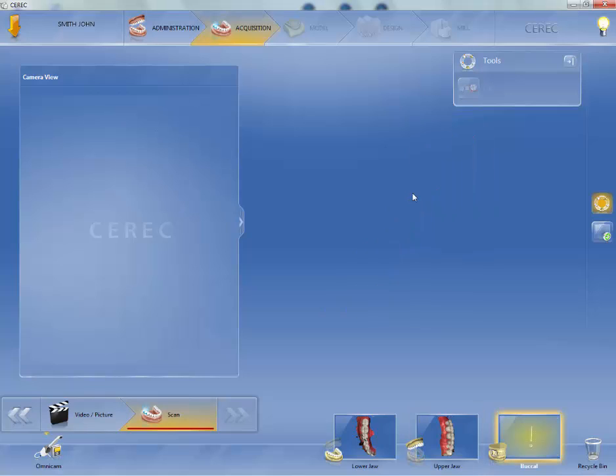Then we're going to do the buccal bite. And in order to do the buccal bite, I just want to point out also, if you look right here where it says scan, notice it still has red, which means I can't go forward. This is the next arrows. I can't go forward because I have not completed this step. So now it says I have to scan, and I have to scan the buccal. So I'm going to left click,